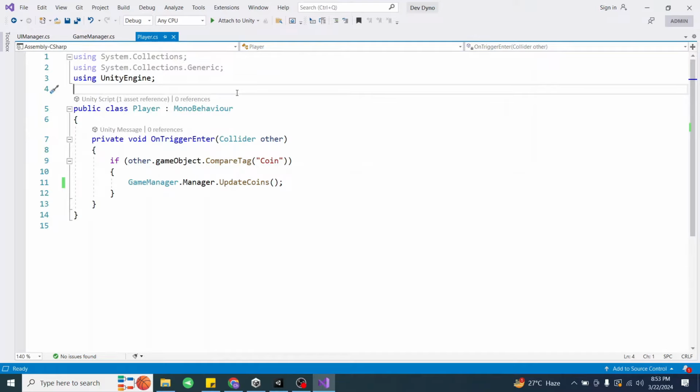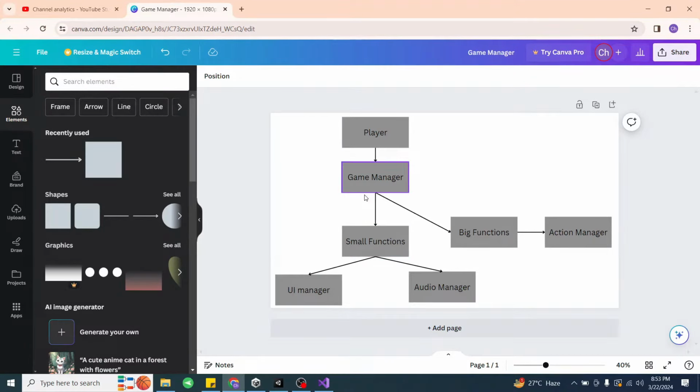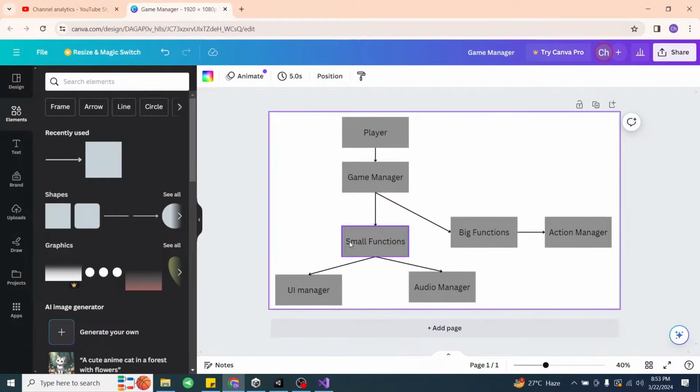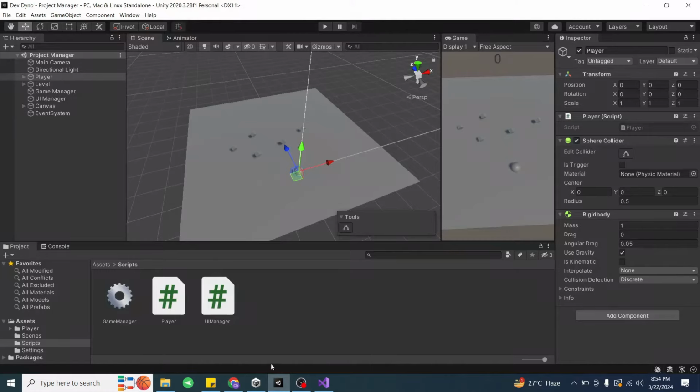So as you can see, we only called update coins function from Game Manager, and it automatically called UI Manager to update text counter. This is how we can manage data, as each script will do its own work for which it is designed for. You can add more items like play audio,